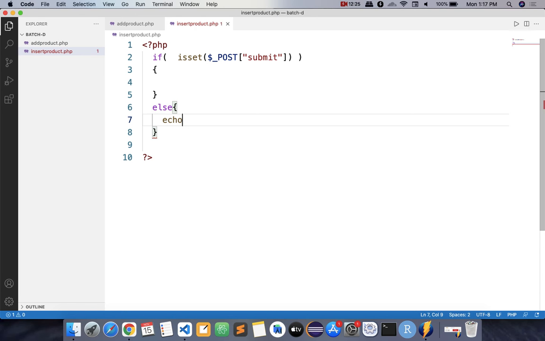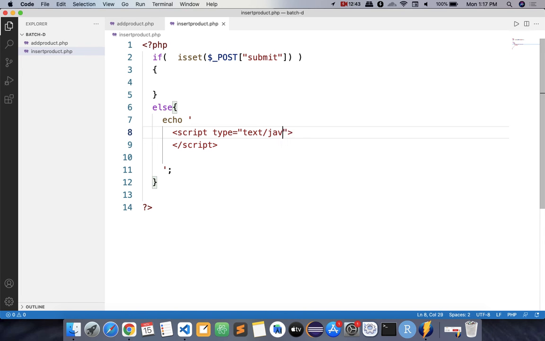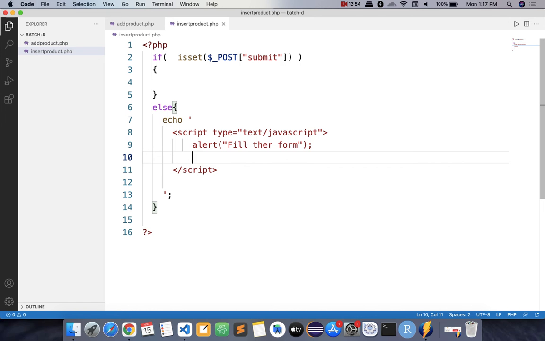We saw the redirection code last time, JavaScript. How to write JavaScript for that? How to write script type equals text/javascript. Then we'll provide one message, alert, fill the form, and then window.location.href equals the name of the page, that is add product dot php.